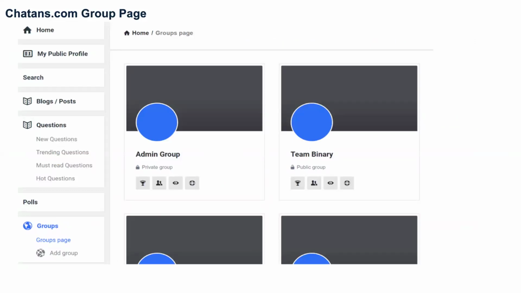Now we talk about the charters, whereby we had to develop a groups page on the charters site, where we had to add members of the team on the side and create individual registration for each member of the group. We have a group represented by team binary, and we have a URL as well, where we had other groups and members answer and post blogs on the site, as well as questions. So we also have a link that takes anyone to the group, both individual and the group page as well.